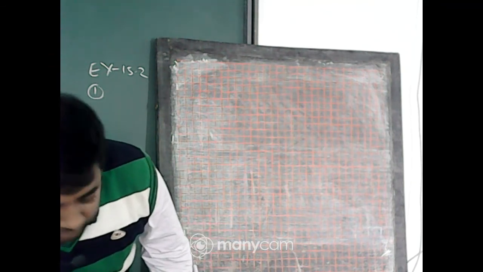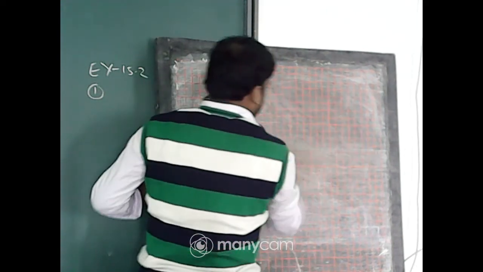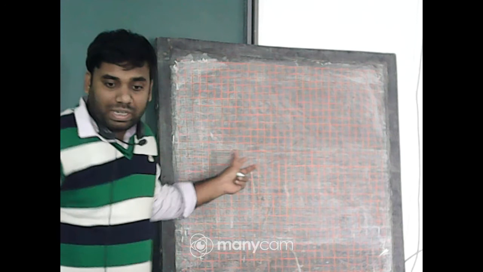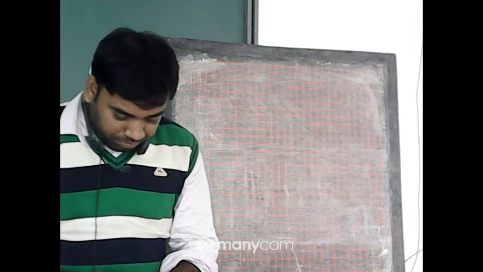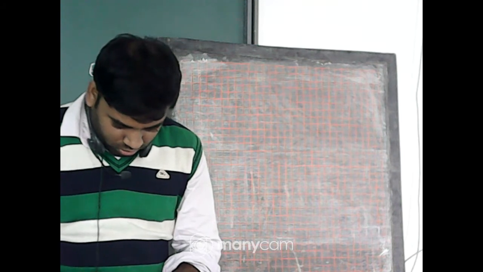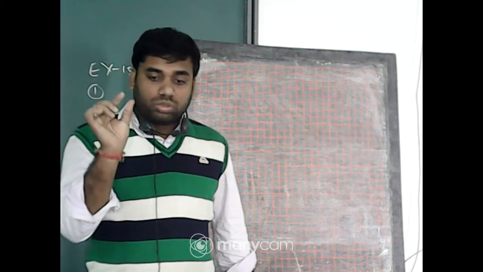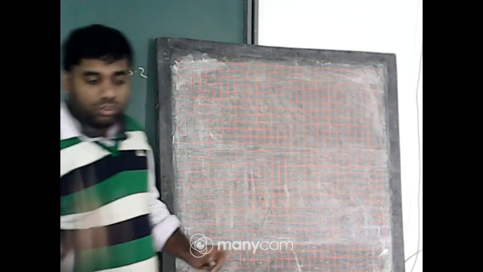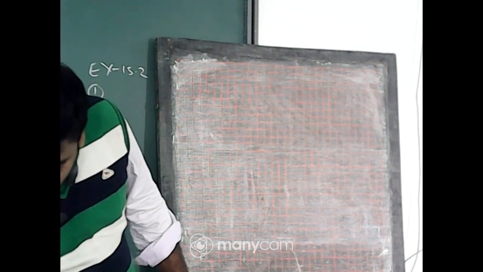Sir, which paper? An A4 size page, students. You have to use an A4 size page, a graph paper like the board. In the graph paper there are so many small squares, and so many small squares are also here. So first of all, for solving question number 1,